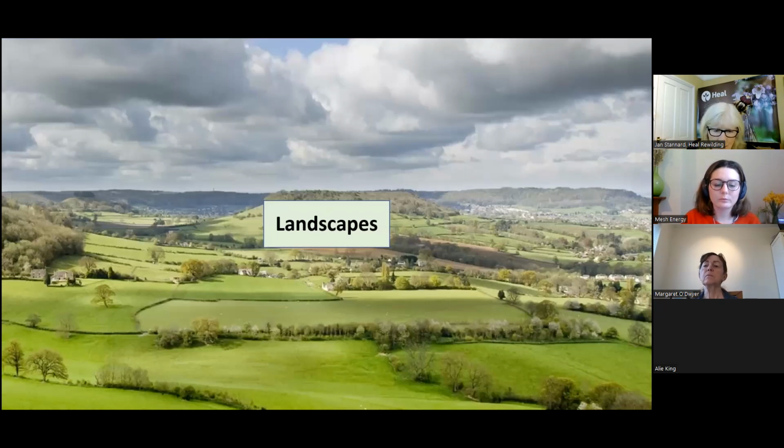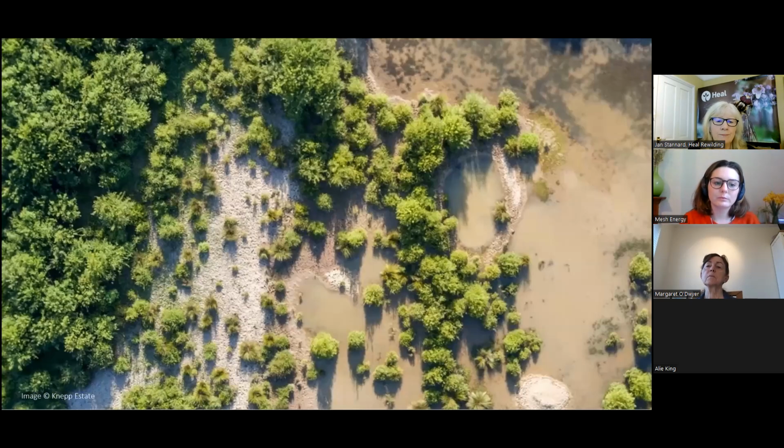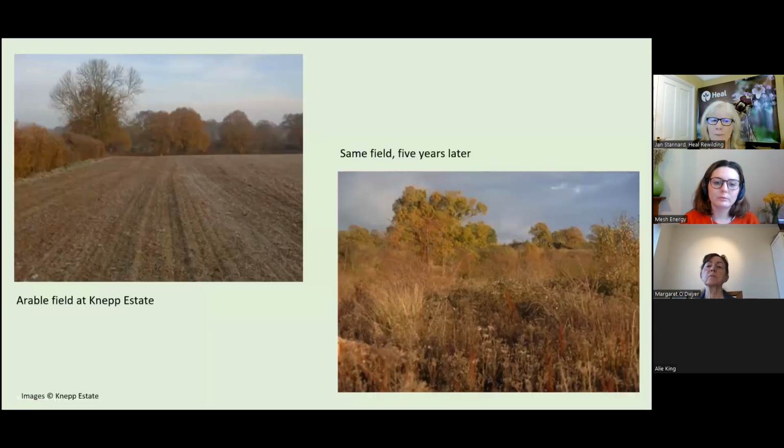And then landscapes. One of the things that you have to get used to is that rewilding doesn't end up looking like this gorgeous chocolate box scene, which I love, which we all grow up with. It's very different. This is what a rewilded landscape looks like. It's messy, it's random. Here's another one, and another. This is what happens, and we use NEP because they're such brilliant examples. On the left, a field; on the right, the same field. People see the field on the right and say it's untidy, but nature is random. It is untidy. It loves untidiness.